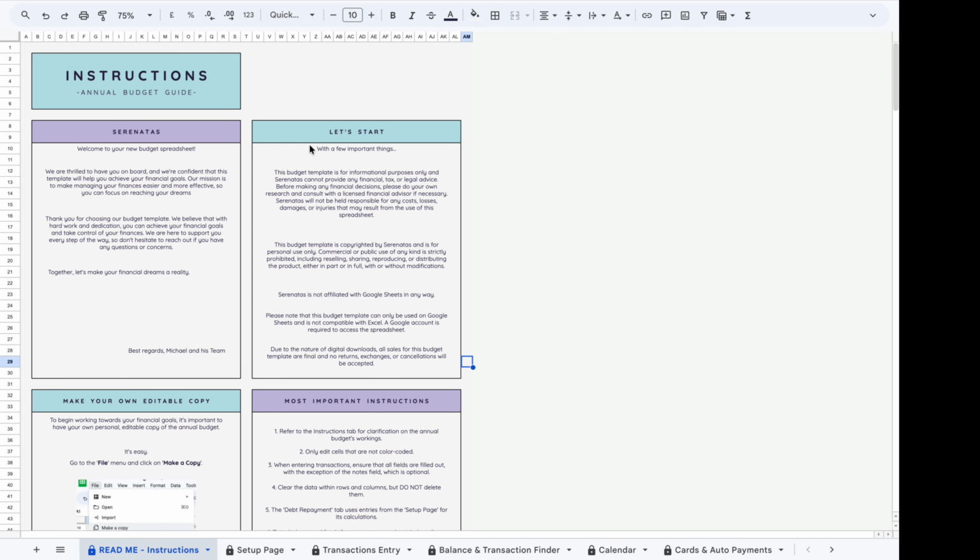Also, forgive me for my language because English is not my first language. I'm from Greece. I've been working with spreadsheets for more than 8 years now, and this one particularly took me more than 9 or 10 months to create. So let's start right away with step by step on how to use it and what features and capabilities this